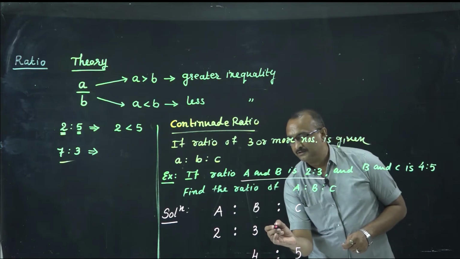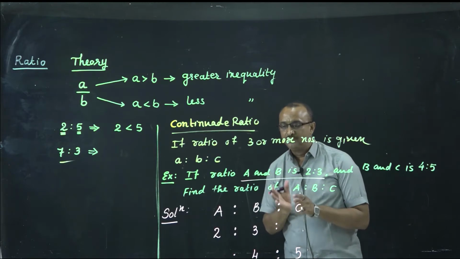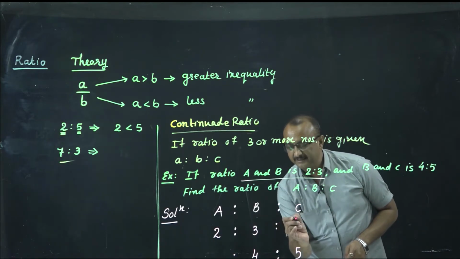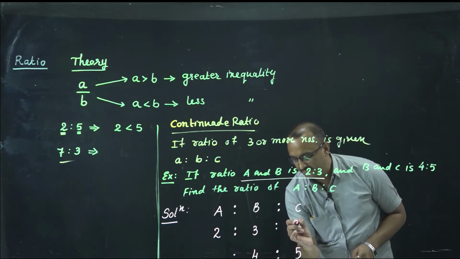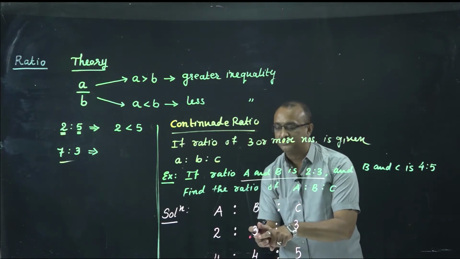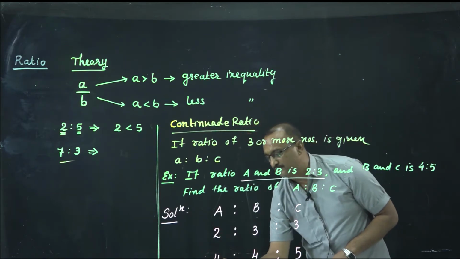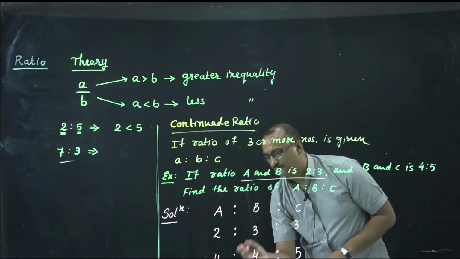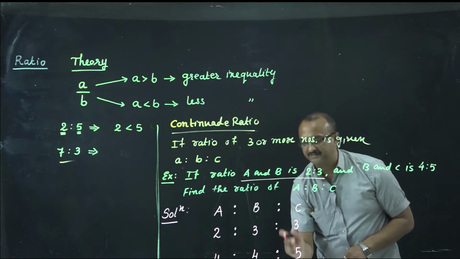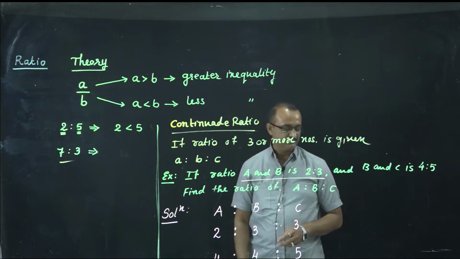Okay. So here we put A, B and C. Now which is the common number? The common number is B. In the above numbers multiply with 3 and in the below numbers multiply with 4. See, we have to put 3 here and 4 here. Now the product: 4 2s are 8 is to 4 3s are 12 is to 5 3s are 15. So the 3 numbers are in the ratio 8 is to 12 is to 15.